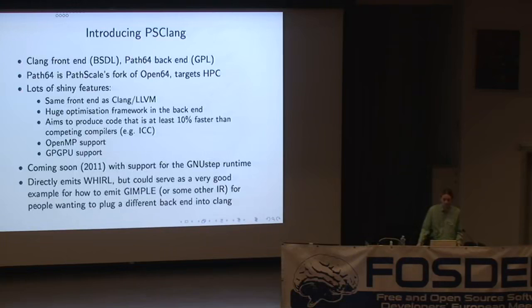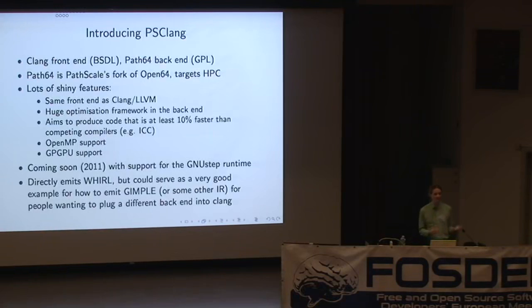And I'd just like to finish by provisionally announcing a brand new Objective-C compiler, which should be appearing quite soon. I've been working on this a bit with a company called PathScale, and their existing compiler is a fork of Open64. And Open64 has a really nice architecture. It has an intermediate representation, which is initially at a very high level. It's very close to a C or a Fortran abstract syntax tree, and you can do some high-level optimizations there. And it's lowered through five stages, and at each of the stages you can do more optimization.